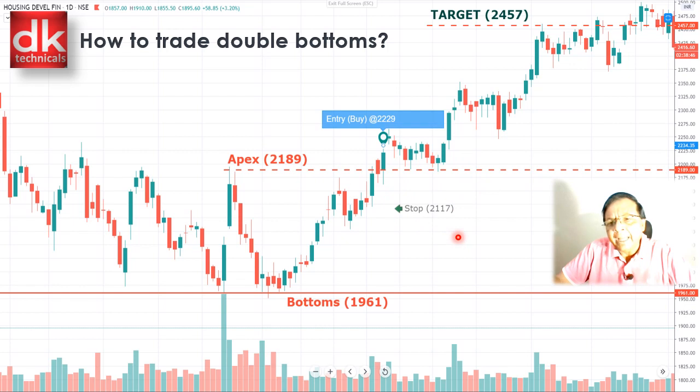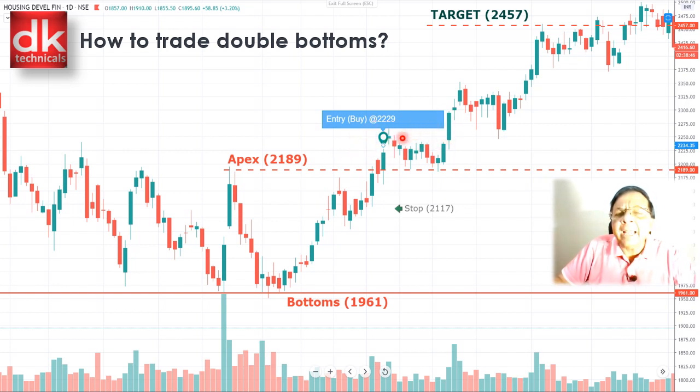ATR is a tool to know how volatile this particular stock is where such a formation has taken place. Because we don't want our stop loss to be triggered by market noise. So we use the tool called ATR, and since the price has broken out of this neckline, this neckline will now be an immediate support. So a stop loss 1 ATR below is set so that our stop loss is well protected even in market noise.